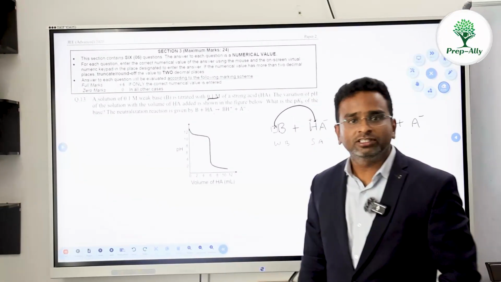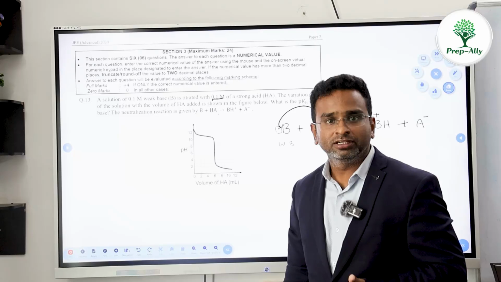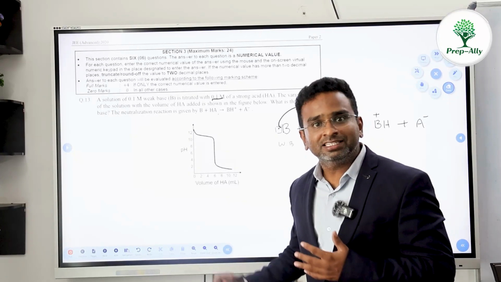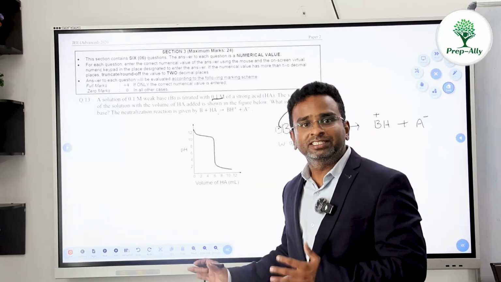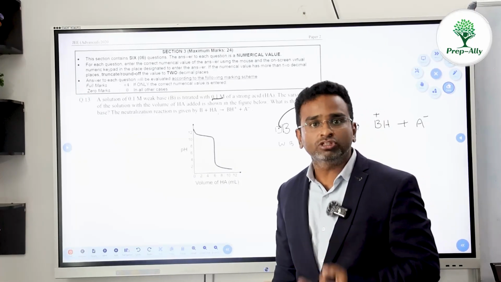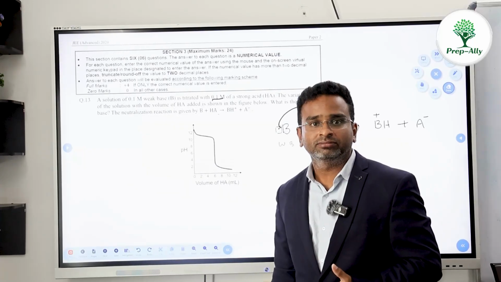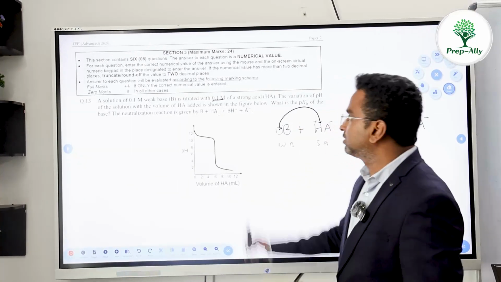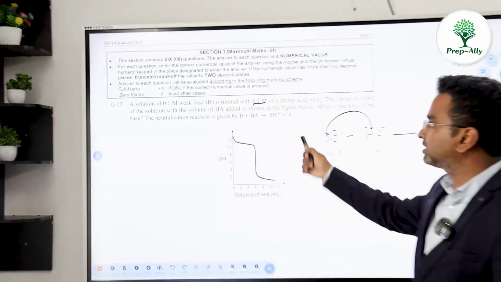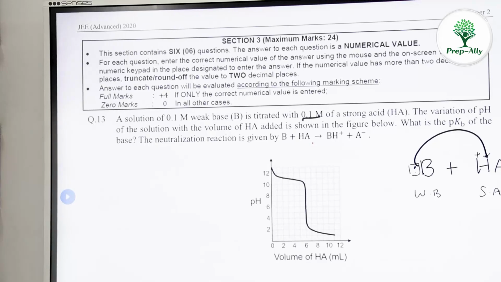Based upon the discussion, the important things we learned from the previous question, let us solve some previous year JEE Advanced question relevant to that. This model is most important and they are continuously asking it in JEE Advanced. Let us focus on this. So let us solve the question which they asked in JEE Advanced 2020 as a numerical question.